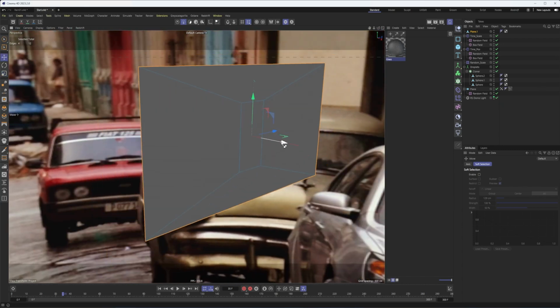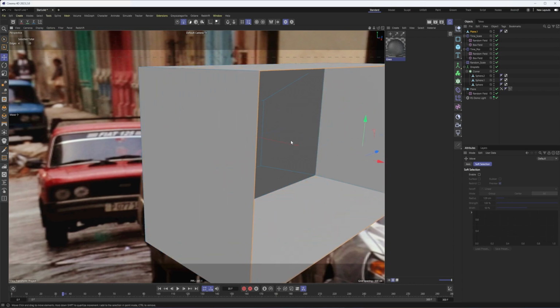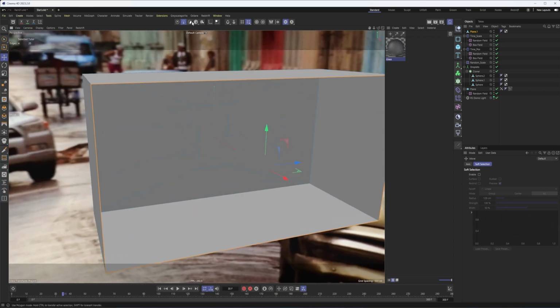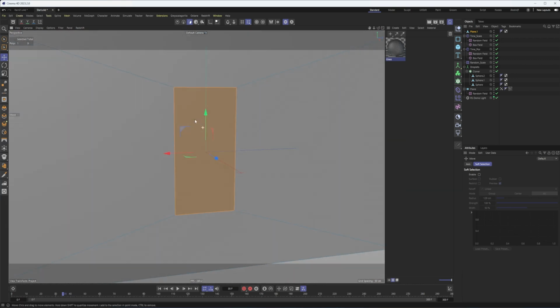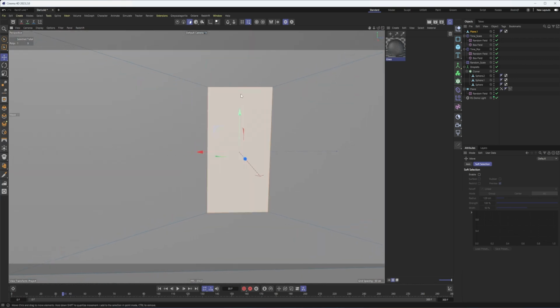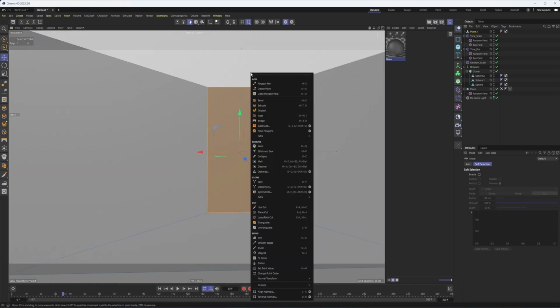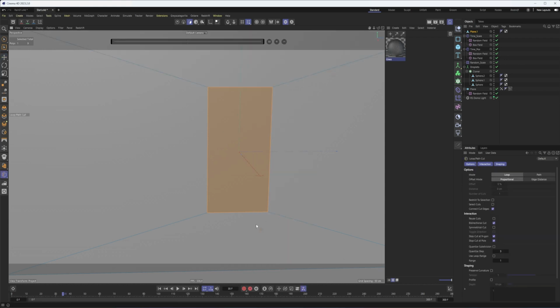Maybe then just hold Control, switch to my scale tool to extrude those edges. Okay. I probably will want to delete that polygon here in a second. But before I do, I'm going to do a loop path cut. And I will then restrict it to my selection because I'm going to create the grid pattern here.